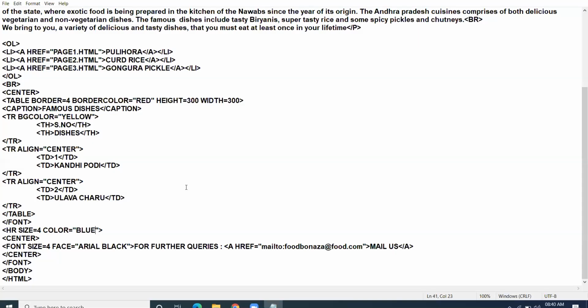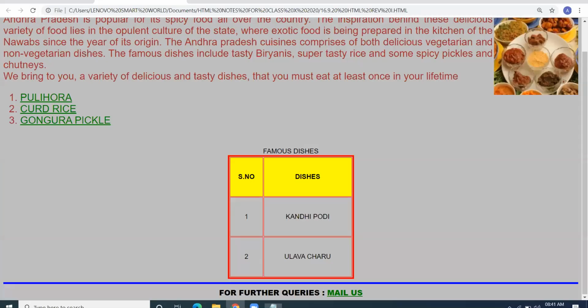Now, after the HR, I again apply the center tag. Now I have come to the center of the web page and I have taken font size 4, face Arial Black, because of my bottom message. See this bottom message: for further queries, mail us. Mail us is a hyperlink.